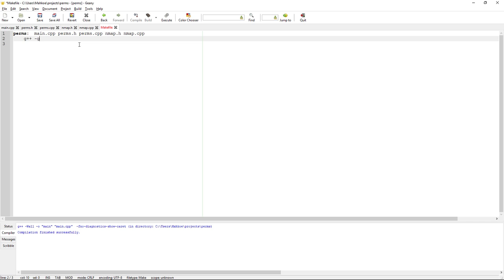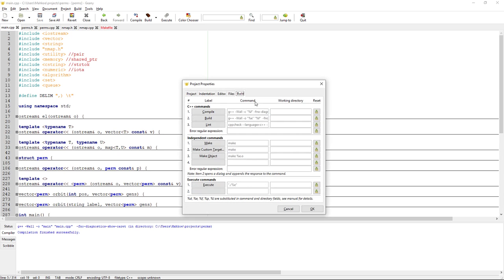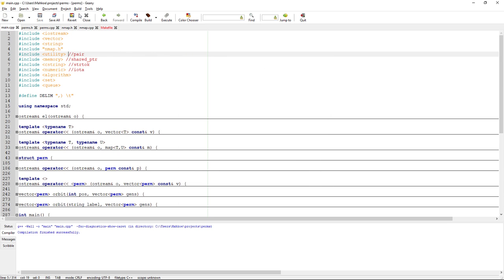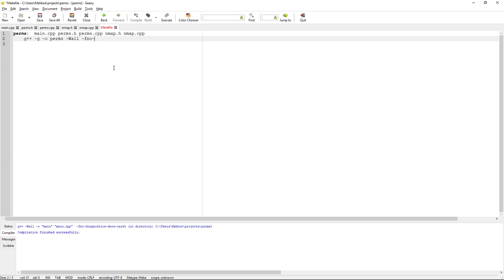We'll add debugging symbols, why not? Is it an underscore? I think it is. Oh, no, it's not. This fnode diagnostics show correct turns off the,